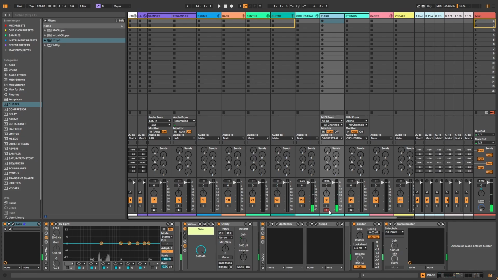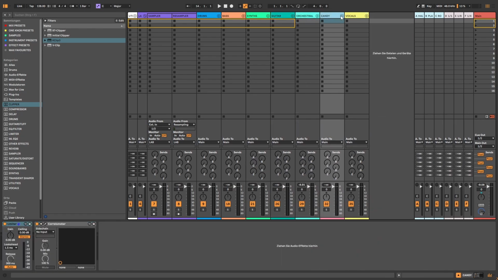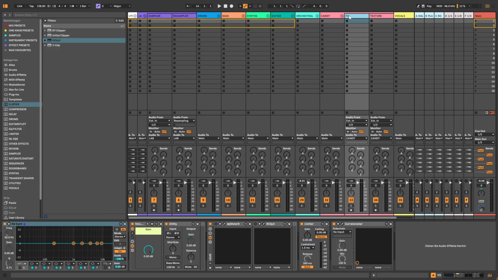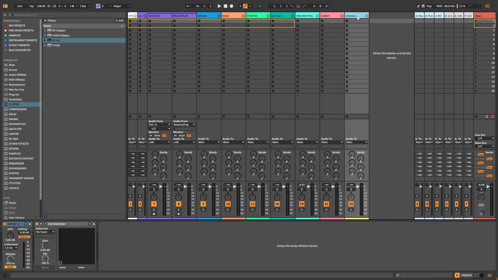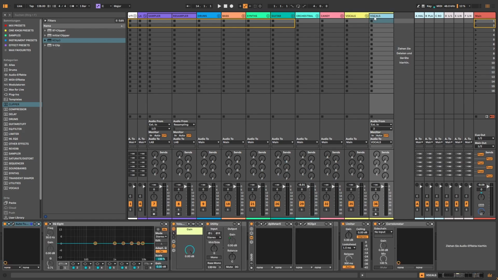and play some awful piano. After this, we have the Candy group, and this group is just for any kind of effects, shots, textures, like these Foley textures from wind or trees or whatever, or anything like this, like ear candy, goes into the Candy group. Last but not least, we have the vocals group, where I just have one audio track